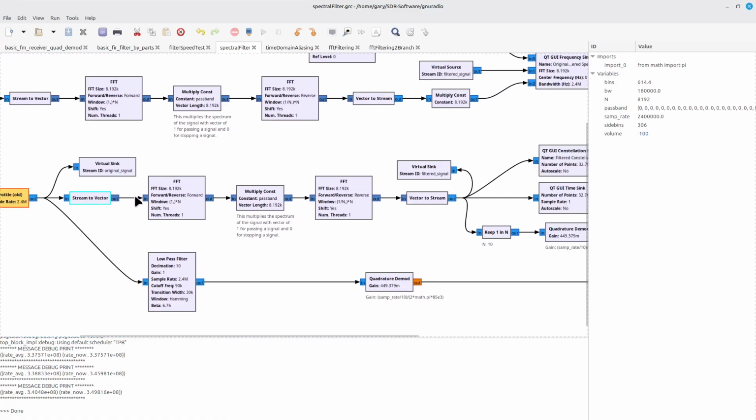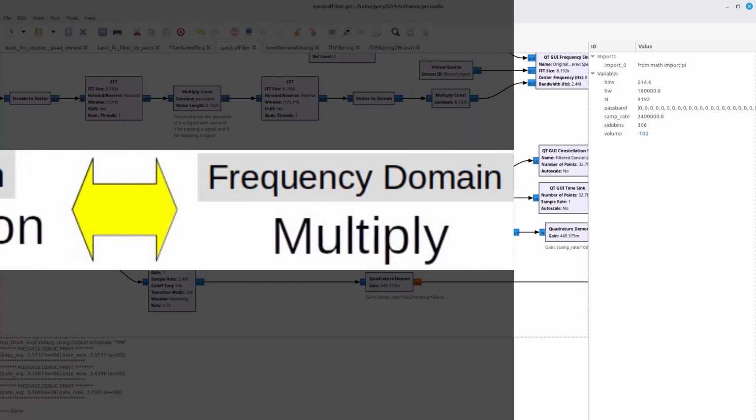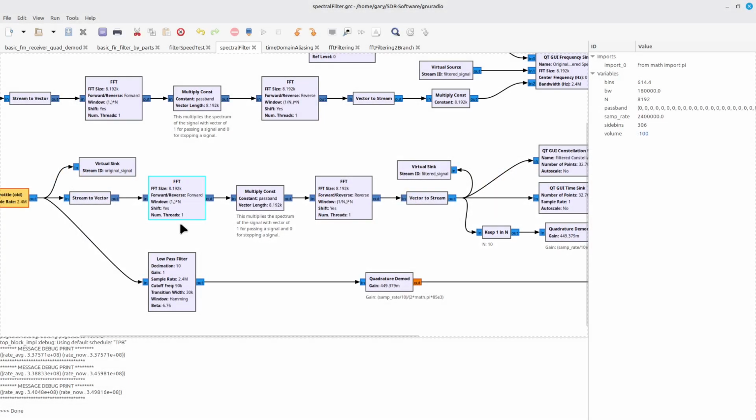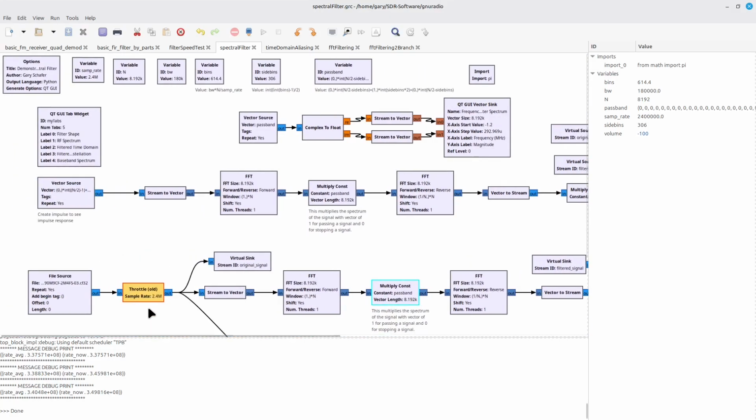Now I'm creating my time record and going through an FFT. The reason that the FFT works is that convolution in the time domain is equivalent to multiplication in the frequency domain. Therefore, I'm creating the FFT, and then multiplying it by the spectrum that I want to create. I'm doing this in kind of the cheat method, meaning that I'm creating this spectrum by saying, okay, all of the frequency bins that I don't want to pass, set to 0, multiply by 0.